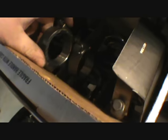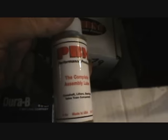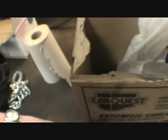Oh, look at there. We got some new parts for the 5.3. Pistons, brand new roller cam, rod bearings, main bearings, rollers, cam bearings, rings, oil pump, performance lube, cam lifters, bearings, valve train. That, there's the block, there's the parts, and we got some more. The heads weren't quite done, and